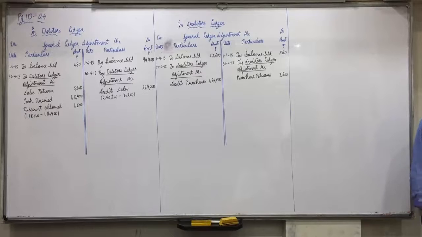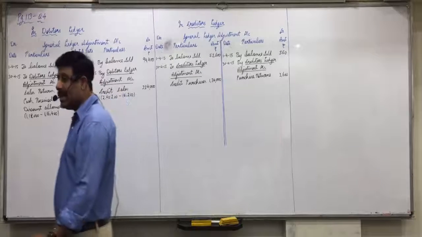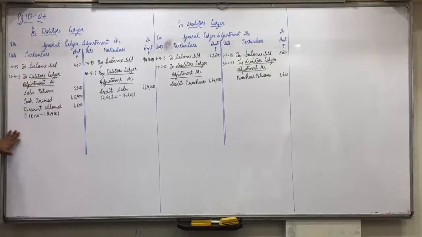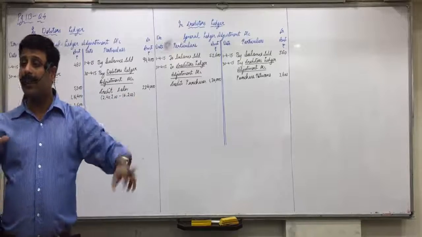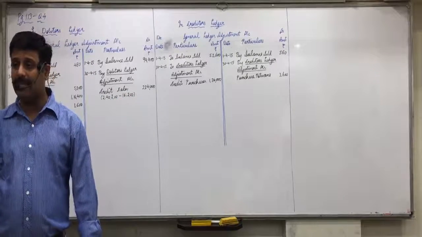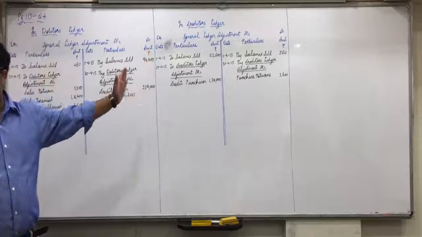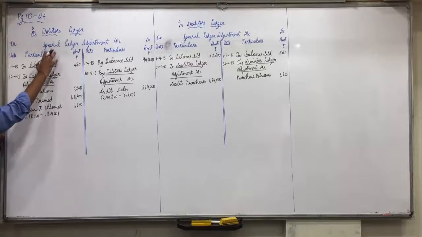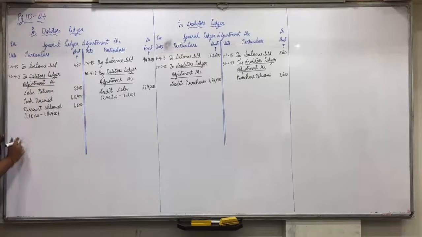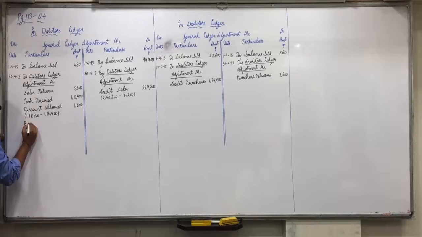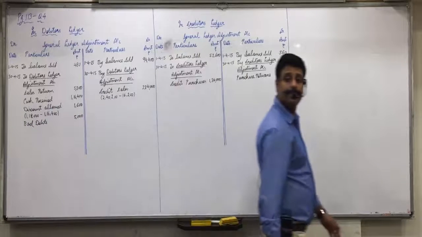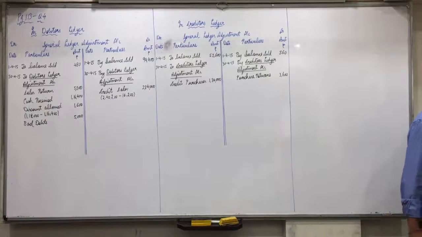Next, the bad debts written off. Yes, bad debts to debtors. Bad debts account debit means in the general ledger adjustment account we will write on... and all of you are able to understand whether it is in debtors or in creditors. If it is related to debtors, it will come in the debtors ledger. If it is related to creditors, it will come in the creditors ledger. Bad debts to debtors is related to debtors. So bad debts account debit means general ledger adjustment account on the debit side. Bad debts, what is the amount? 5,000. Understood this? Any confusion?